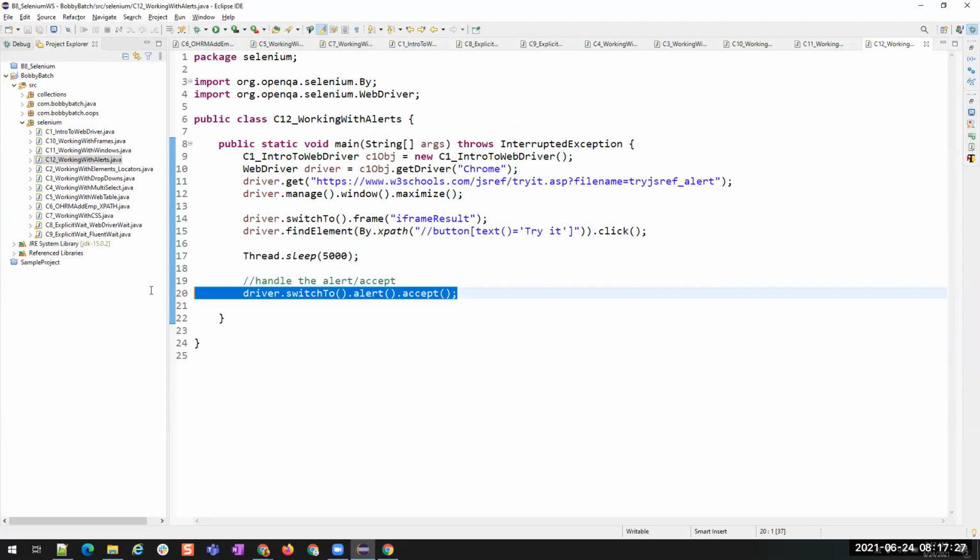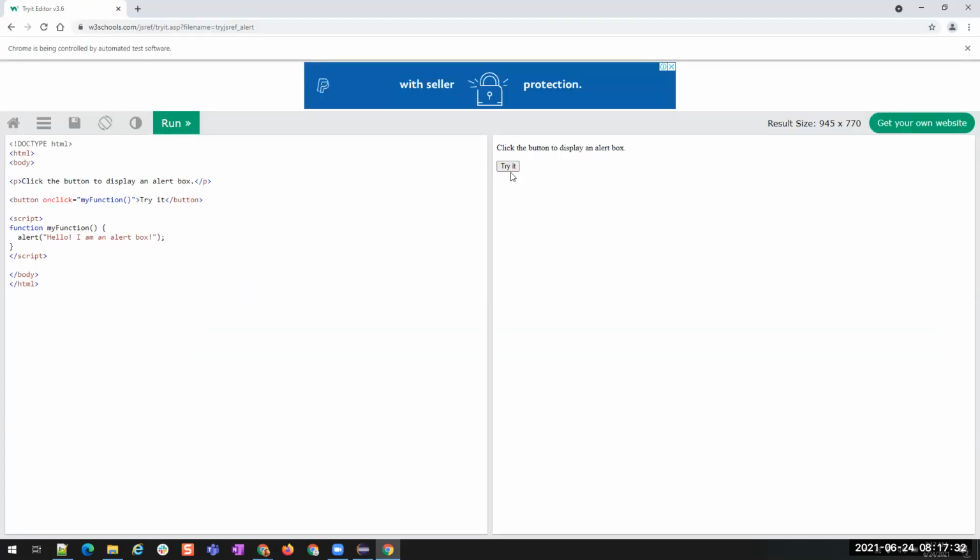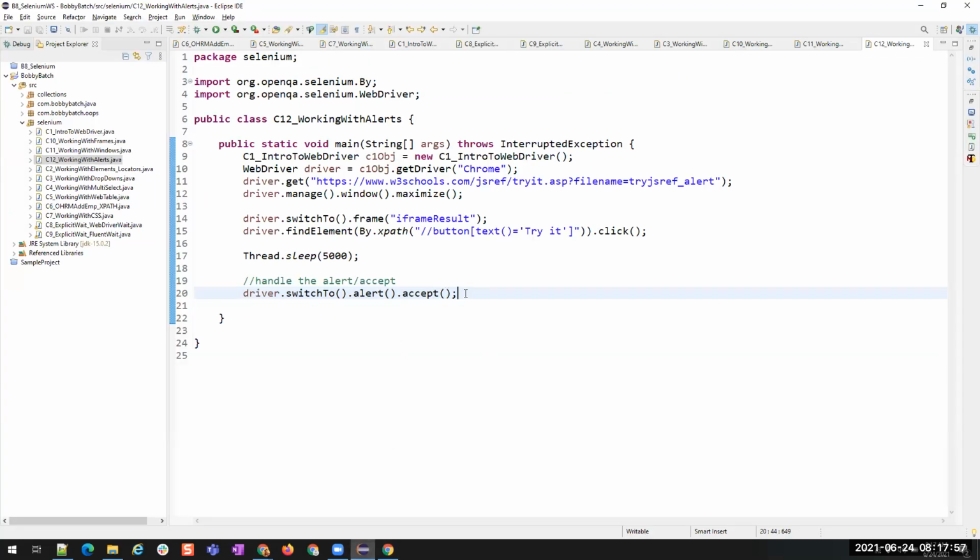How do we accept an alert? Now, I want to know whether the text displayed here is correct or not. There might be some other error, and this is not the alert which I have to accept. This might be some other error showing me some information. So I want to verify the text here. To get the text from an alert, again, it's not HTML, so we can't use the get text method. That is why alert is giving us a separate method. Before accepting it only, we can do that.